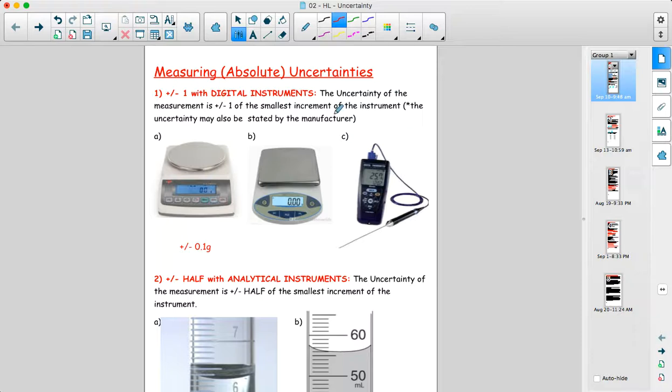So first, with digital instruments, things like digital balances or temperature probes, any of the Pasco probes that we use where a measurement is actually displayed on a screen. The way we're going to do it is we're going to take the smallest increment and we're going to do plus or minus 1 of that smallest increment on the digital instrument. The idea being that the machine itself is actually rounding off to give you whatever that last part of the measurement is. It has to round up or down itself,